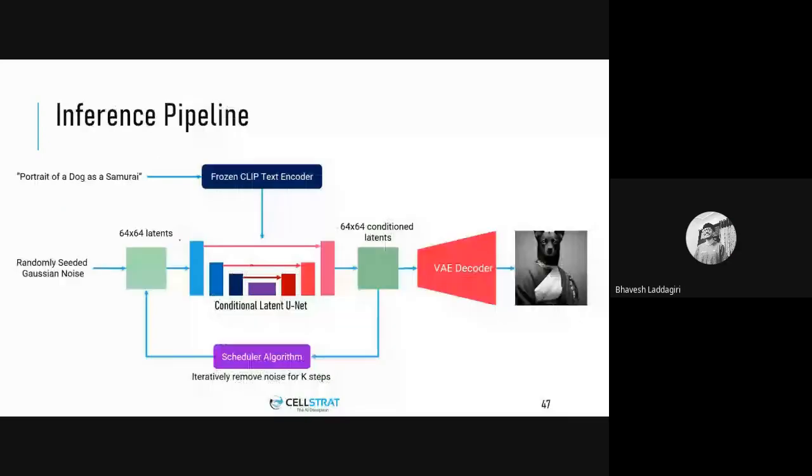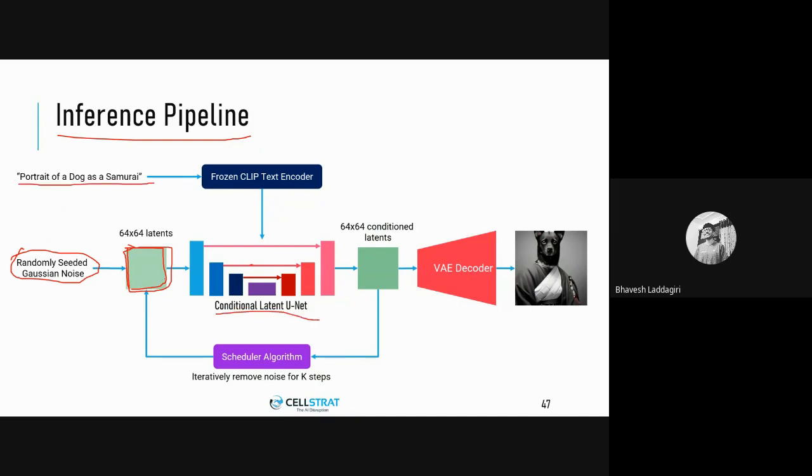So this was the training process. Now we'll actually look at how the sampling or the inference is done. So now what we'll do is take some randomly seeded Gaussian noise and turn it directly into a latent. We are not using the VAE encoder or anything, because it is just random noise, right? So we'll just directly sample a latent vector, take our text prompt as well, and then